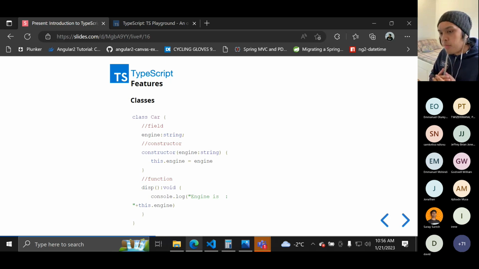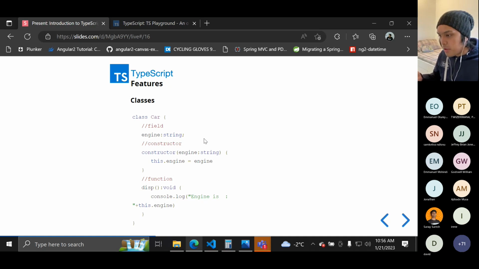So yeah, we have the interfaces and now we have the classes. The class can also be used as a type, but the difference is you can instantiate a new object. It's pretty much the same as how we create an interface, but we just use the reserved word class in creating a new class. Then we define the properties, we define the functions, and it also has a constructor that will allow us to set the value once we instantiate a new object.